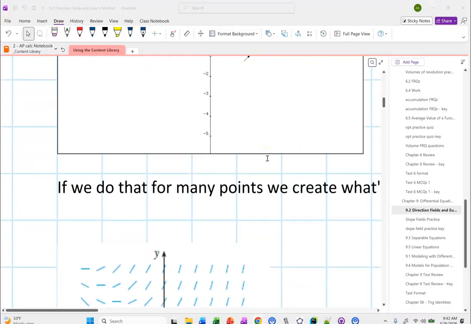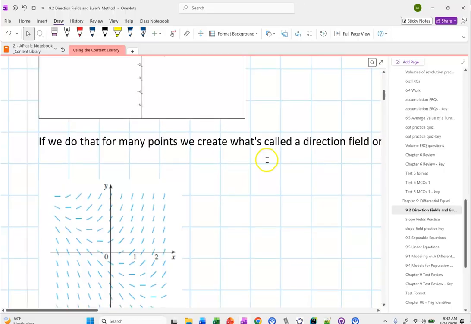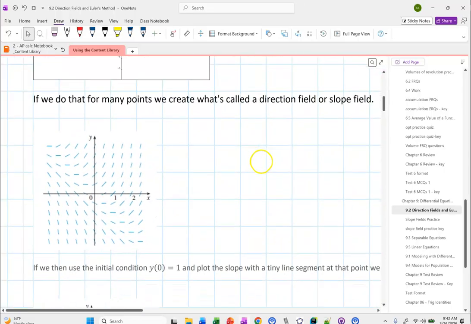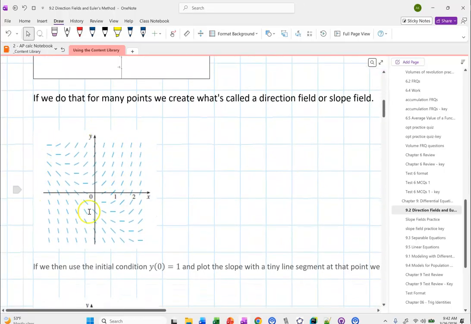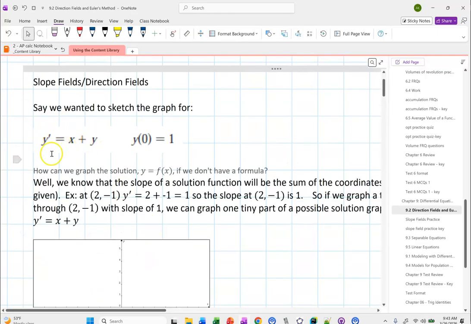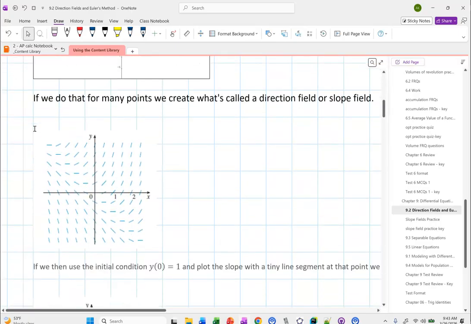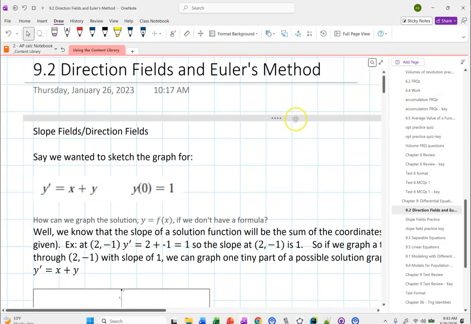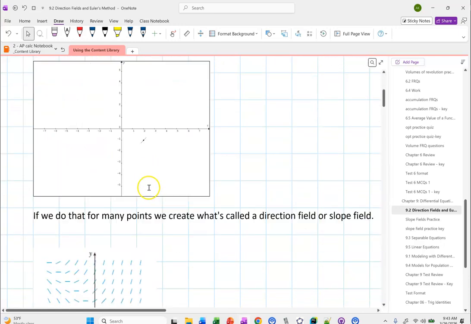So back to this. Here's the slope field for that problem we were just looking at. This is the slope field that ends up generating from this differential equation, y prime is equal to x plus y. Now if I add in the point 0, 1, which is what I'm given here,